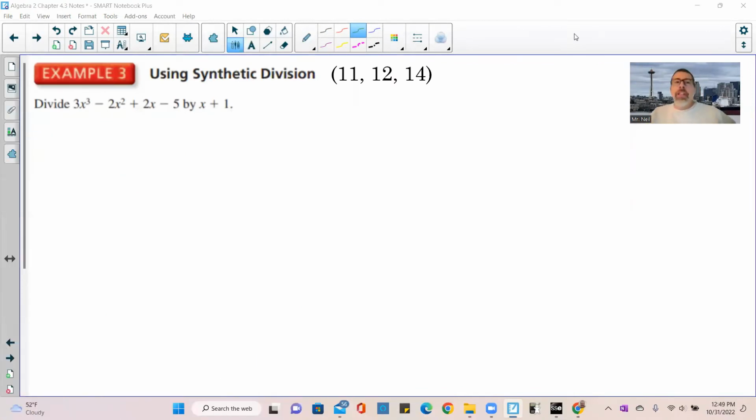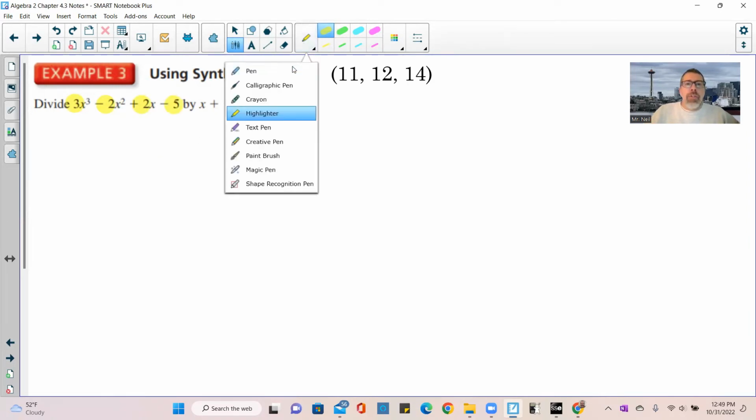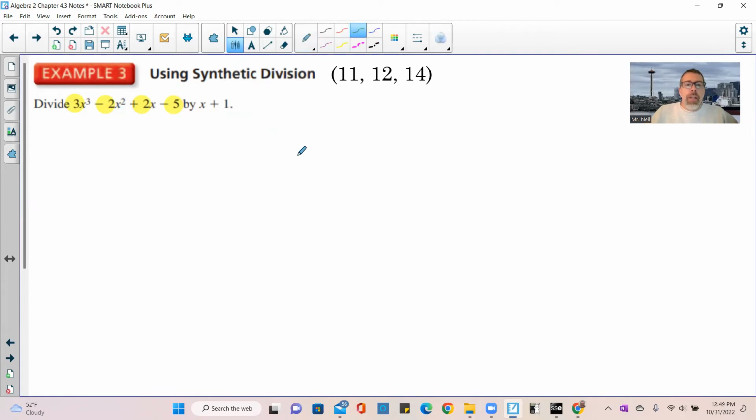Okay, here's another example on synthetic division, and that's why I didn't tell you what problems go with example 2. Examples 2 and 3 are using synthetic division, and then after this one, you should be able to do 11, 12, and 14. So since it's new, let's do another one. We're dividing this, it goes 3, 2, 1, 0. There's nothing missing. Our coefficients are, let me highlight them this time instead. So we have a 3, we have a -2, we have a +2, and we have a -5. So those are the numbers we're going to write in our